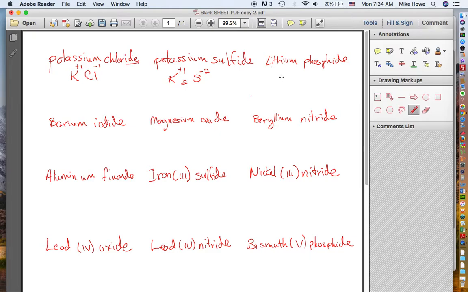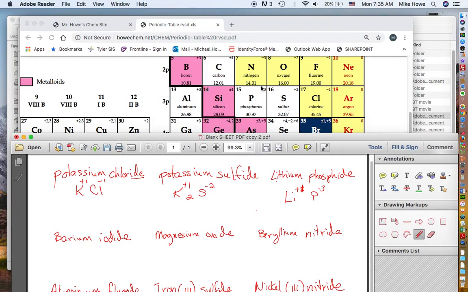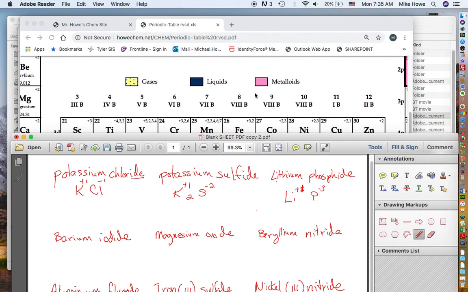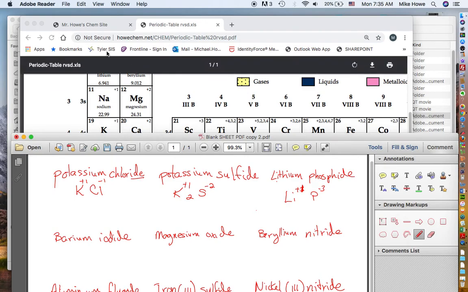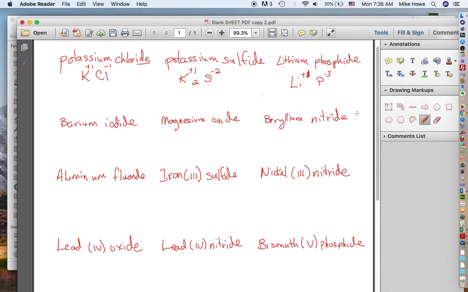Over here we got lithium phosphide. You got Li. That's +1. And phosphide's -3. And you find those on your chart. So we take a quick look at it. There's phosphorus at -3. And here's lithium up here at +1. Right there. Alright. So if we have a +1,